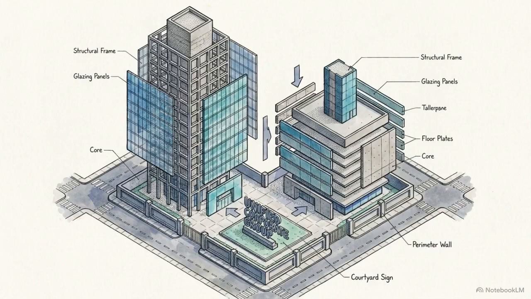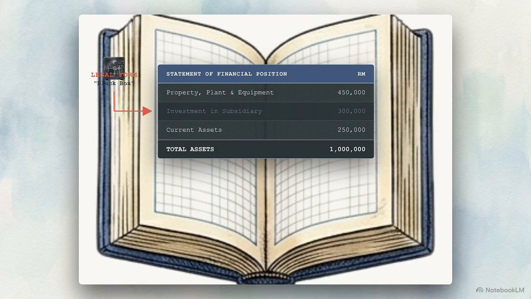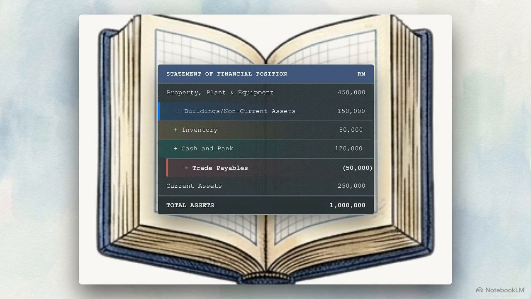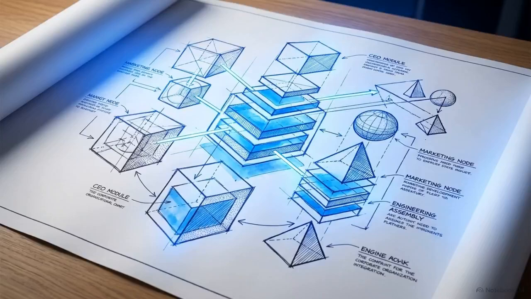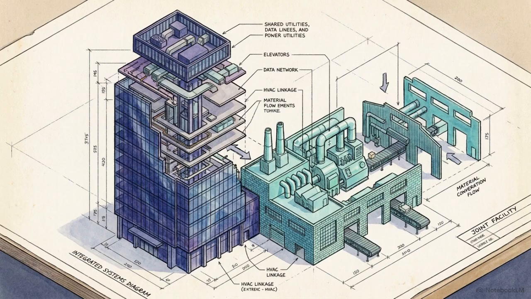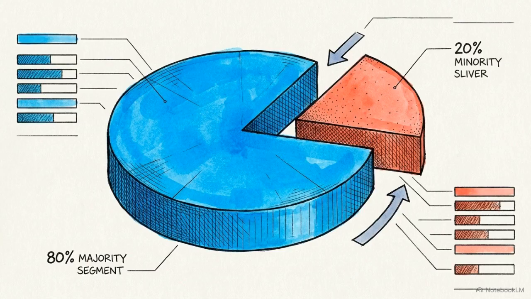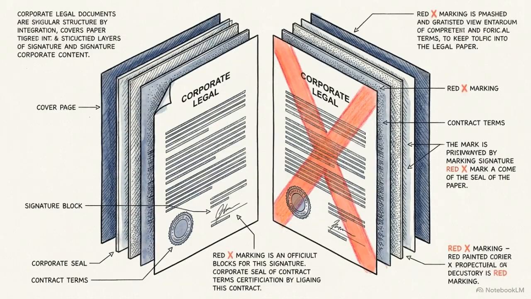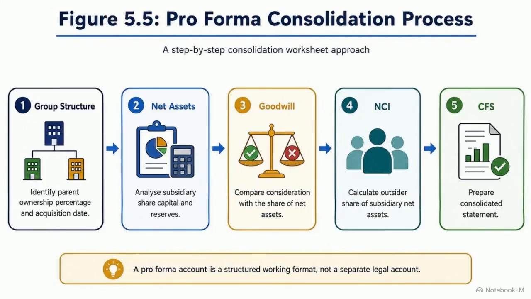While a parent and subsidiary possess separate legal identities, they function economically as a single unit. Consolidation requires replacing the parent's static investment account with the subsidiary's underlying line-by-line financials. This reporting requires a structural engineering process, combining specific assets, accurately allocating equity, and eliminating internal mirrors. This diagram illustrates the sequence of the 5-step pro forma consolidation process.